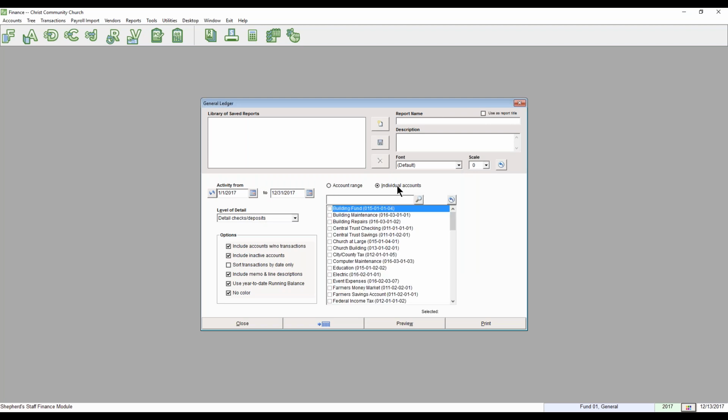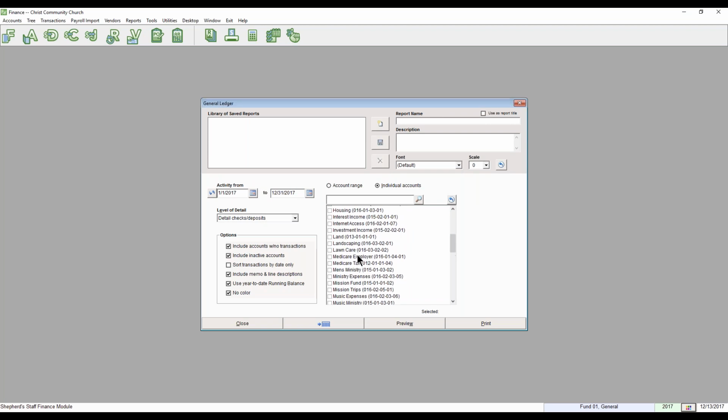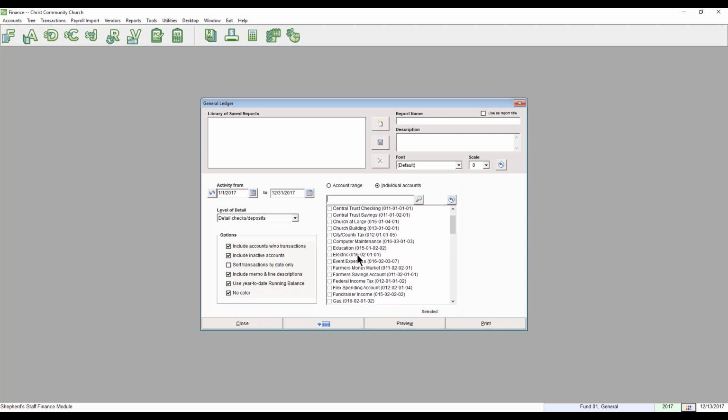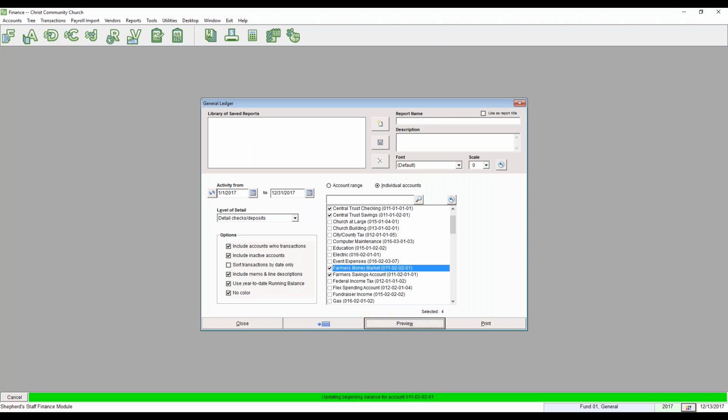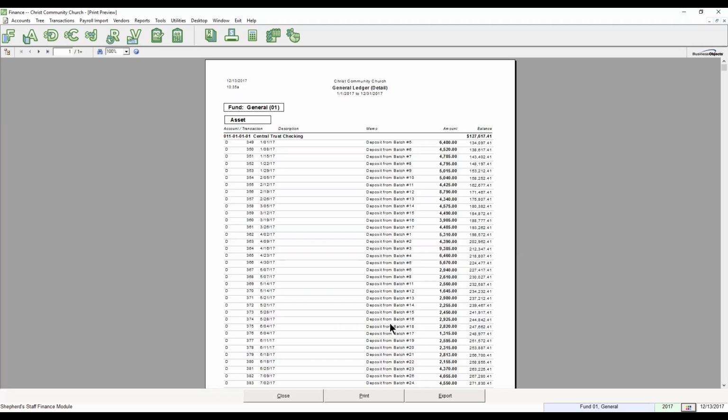With individual accounts, you can go in here and say, hey, I just want to see, let me scroll down to Central Trust. These are in alphabetical order. So at this point, you can say Central Trust checking, Central Trust savings, and then Farmers, there we go, and money market. And I could say, hey, these are the accounts that I want to see on my report. Once I've done that, then I can click preview. When the preview comes up,